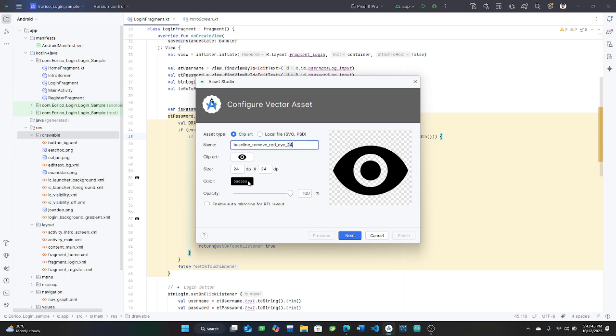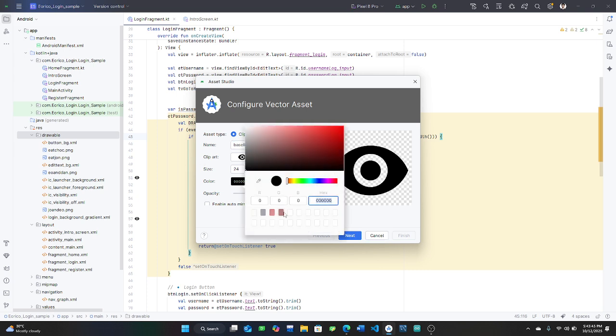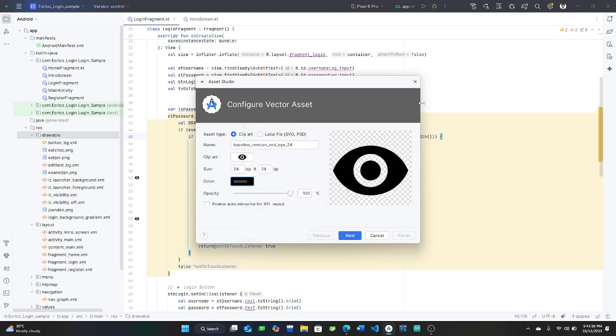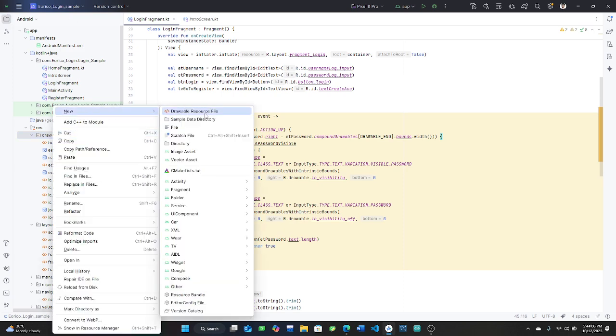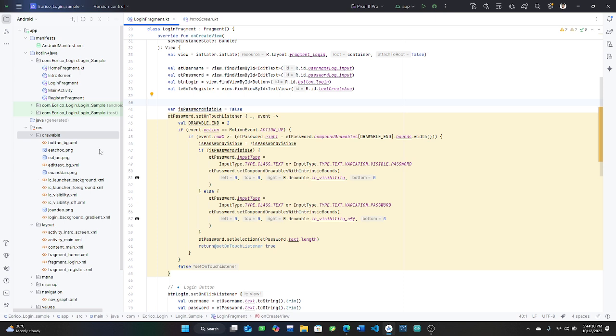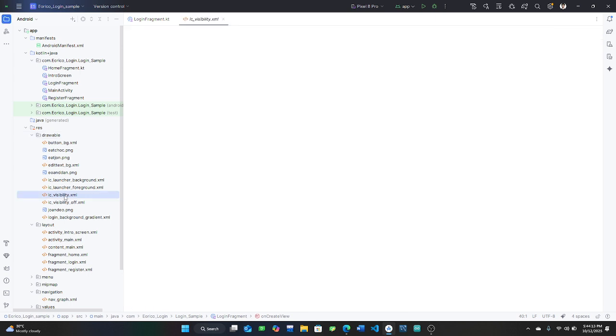The first one, name it icon or anything that you want, just include "on" or nothing first. For the next one, add a new vector asset with a name that is "off" or something like that. As you can see, we have added two vector icons that we are going to use in this code.